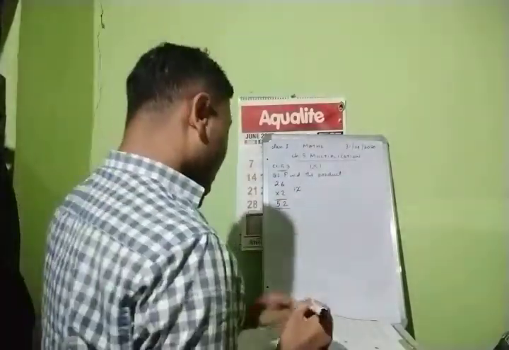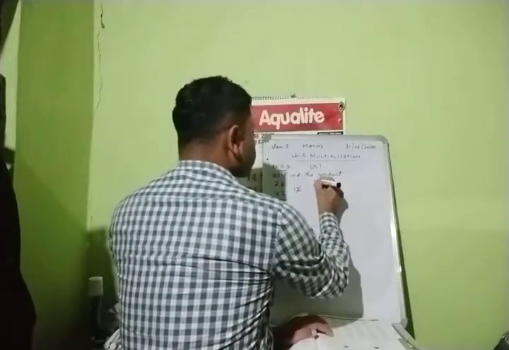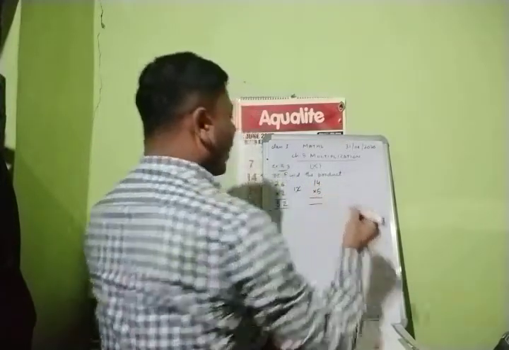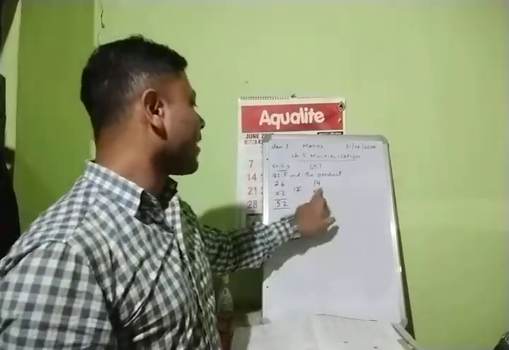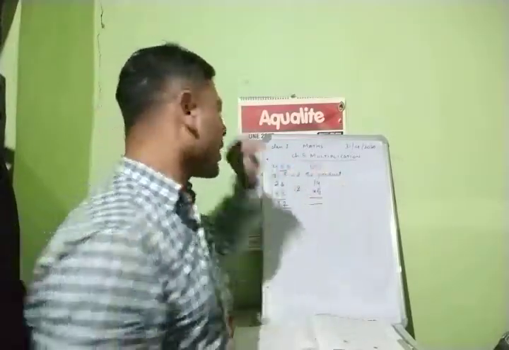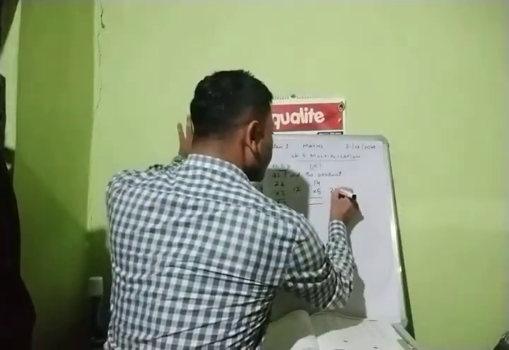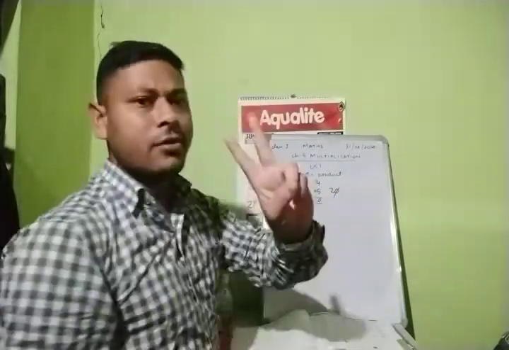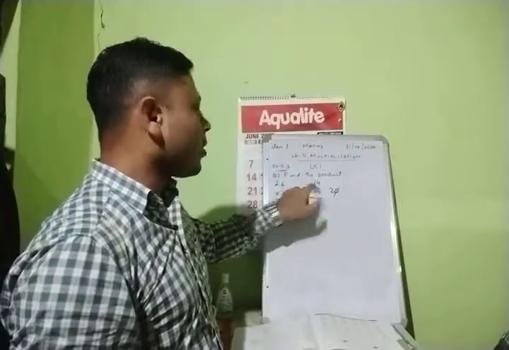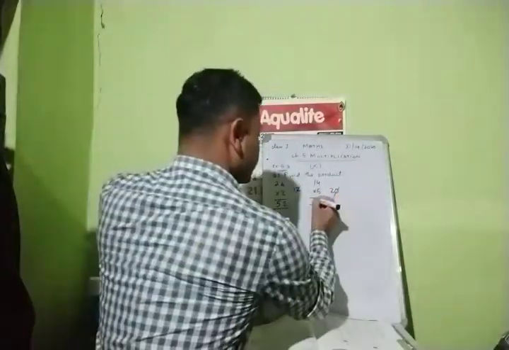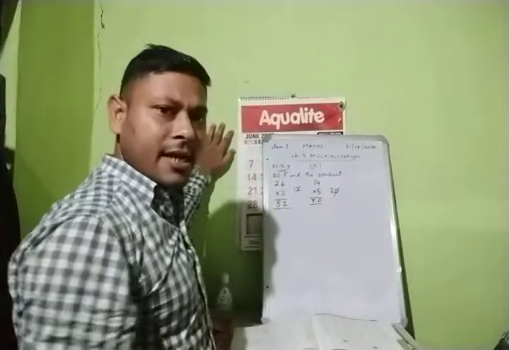Right? Next, 1 4 into 5. 5 into 4. 5 1 is 5. 5 2 is 10. 5 3 is 15. 5 4 is 20. 2 0 20. 0 you write and cut it. What is left there? 2. 5 into 1. 5 1 is 5. 6 7. Got it? Okay.